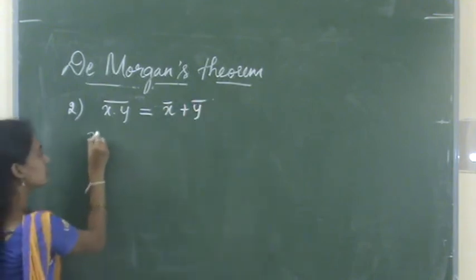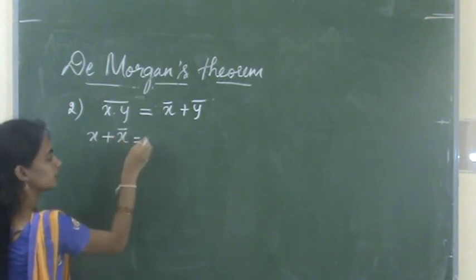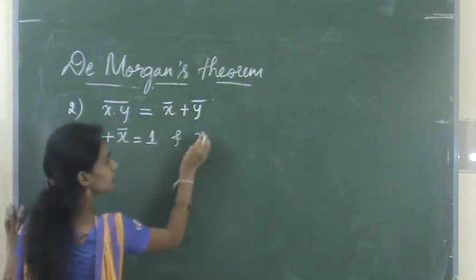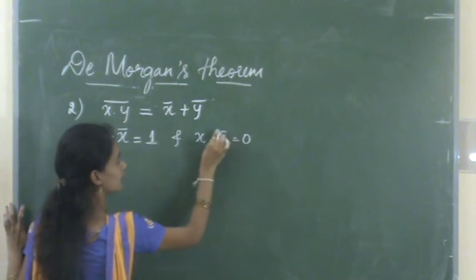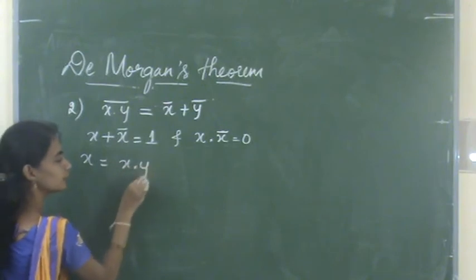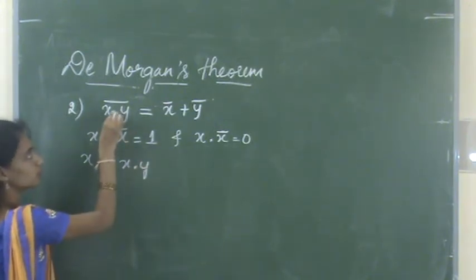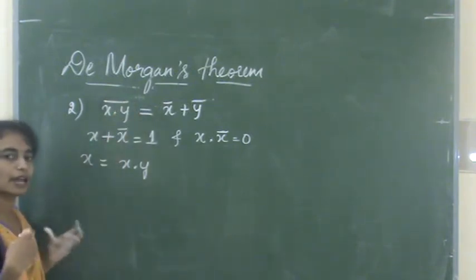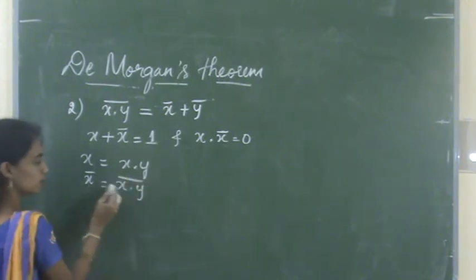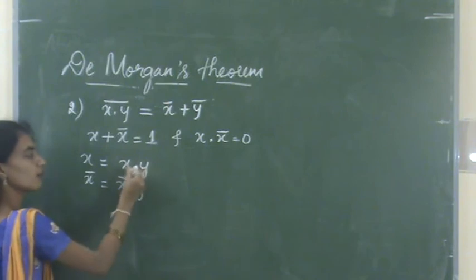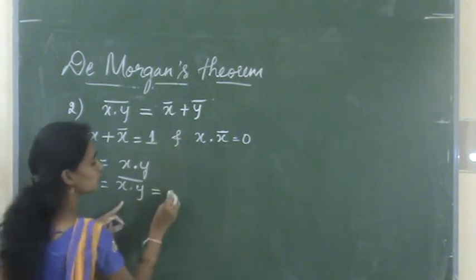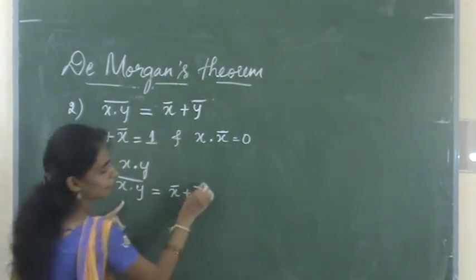So here also we are considering the same commutative law and complementary law. So one is x plus x bar and another one is x into x bar. Okay. So here what is the value of x? The value of x is x into y. Why? We are taking x into y whole bar, that means that is the value of x bar, right? X into y whole bar. So if it is the value of y bar, then the value of x will be x into y only. Okay. So this we can assume as x bar plus y bar.